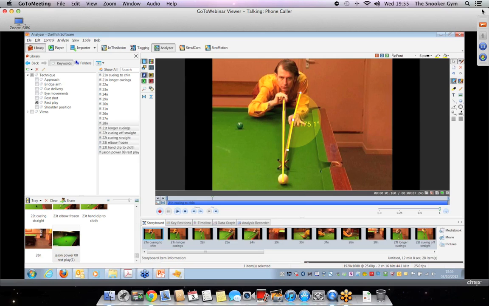It's quite common to see players with the forearm over here somewhere, and then the rest underneath the cue, almost. The problem with having the rest under the cue is that it can get in the way of the grip hand as you deliver the cue. So the bridge hand there can get in the way and interfere with the grip hand, especially if you're playing follow through, where the tip of the cue is high and the butt of the cue is lower to the table. But what we can see here